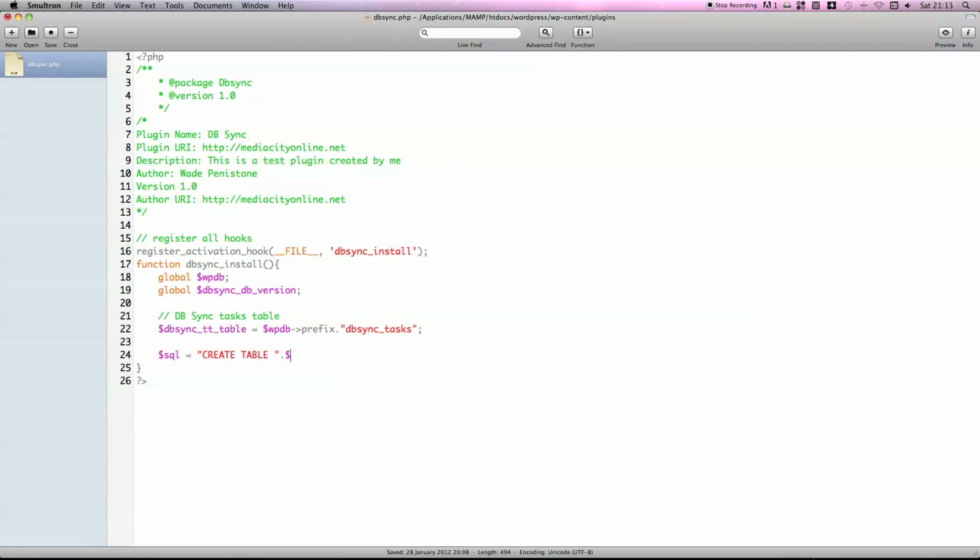So just copy this. We're telling the SQL statement to create the table and then our table name. And then that's followed by our list of columns. So this table is going to be a list of tasks that my dbsync plugin does. It's still vague what columns I want, but I'm just going to put some basic columns that most tables would contain. So an ID of the data,